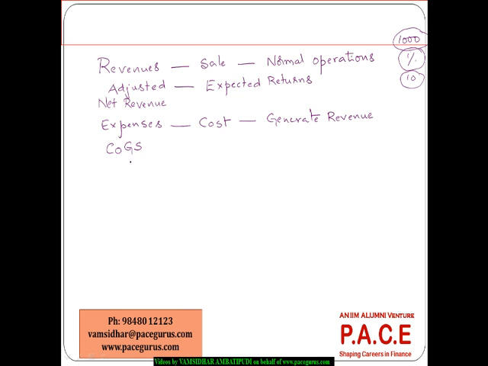Broadly, cost of goods sold, direct costs that are associated with the goods that got sold, any other operating expenses that are there, administration, selling, marketing, all these things, any financial expenses which are more associated with interest payments on the loans taken, and any other taxes, all these things go as a part of the various expenses. And all these expenses in the income statement, they can be grouped